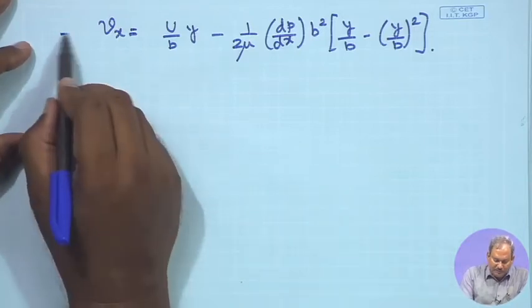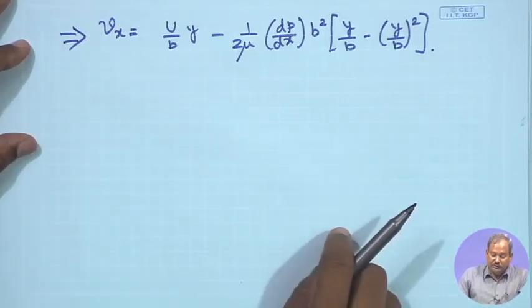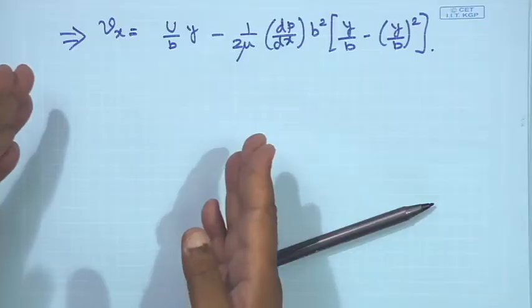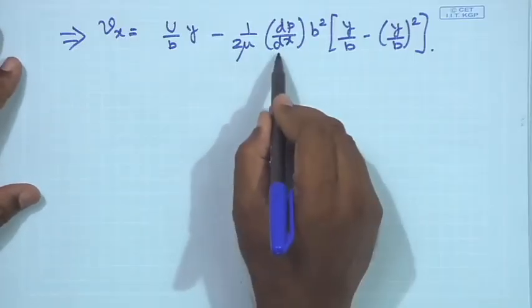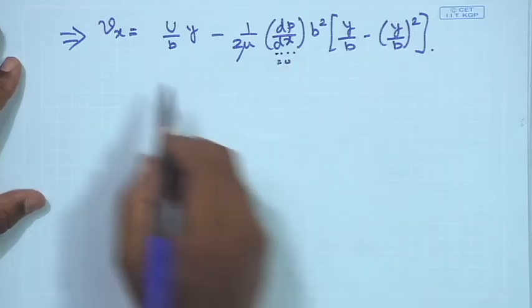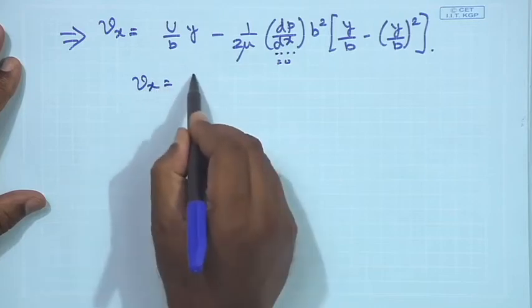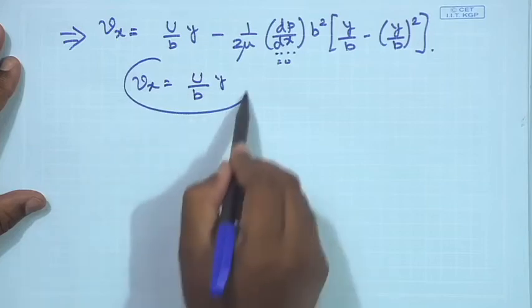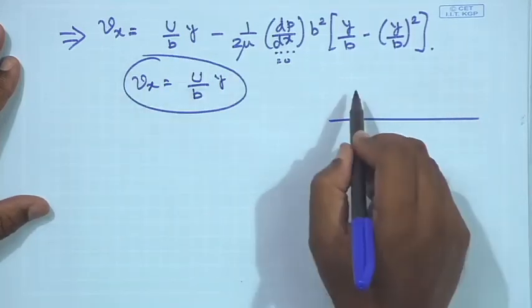Now, this combined expression is very interesting, because it can be used to get some ideas about what kind of a flow you would expect if you just have the motion of the top plate and do not have a pressure gradient. If you look at this expression, if I say that there is no imposed pressure gradient, this is going to be equal to 0, and if that is equal to 0, Vx would simply be U by b into y,